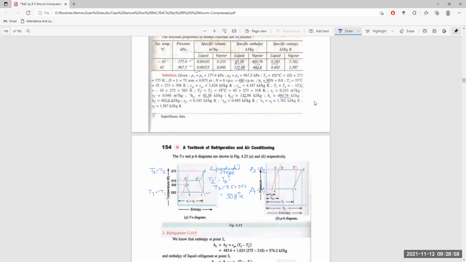and entropy SF3 is the entropy at point 3, which is given at 148.3 degrees centigrade, the high temperature, in the liquid state itself. And S1 is given equal to S2 itself, which is 1.762, the entropy at the vapor state. And S2 dash is the entropy at the vapor state at higher temperature, given as 1.57 kilojoule per kelvin per kg.